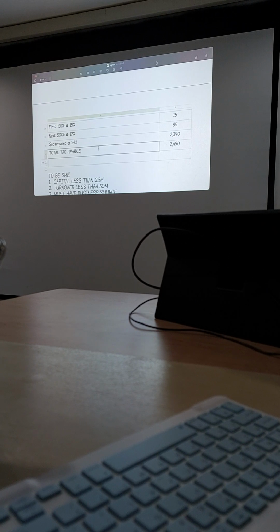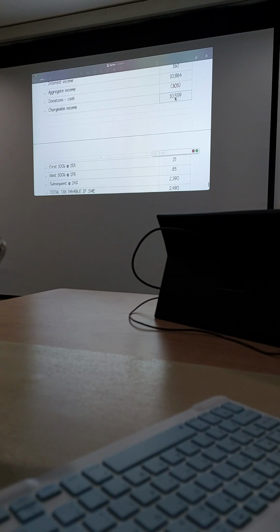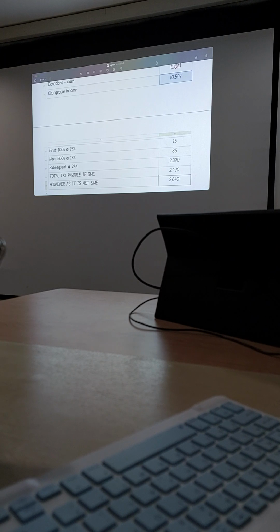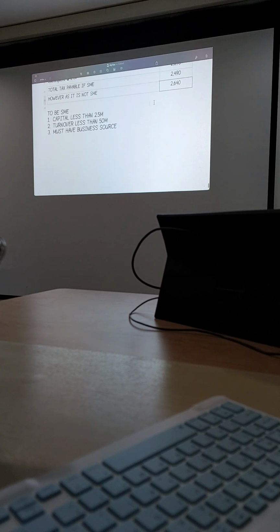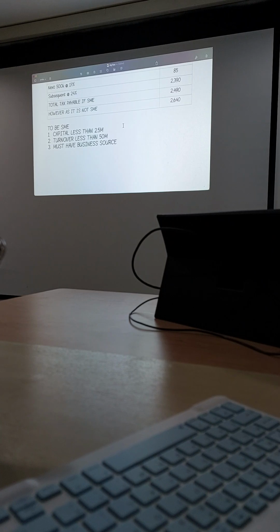So in SME, yeah. So all three must be completed, Ustaz. That means the whole thing times 0.24. Meaning sir, for us to recognize an SME, we must make sure of all three? Yes. This is not SME. All three must be met. 1, 2, 3. Three conditions to meet.